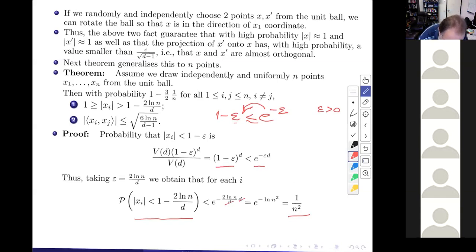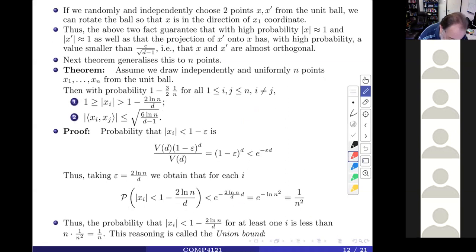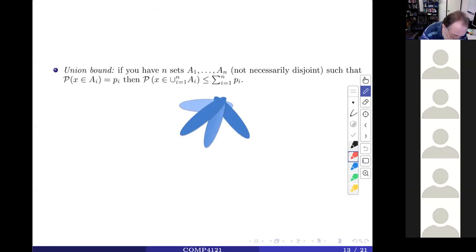This is called the union bound. Let me show you. What does the union bound tell us? So if this is a bunch of events, right? This is one event, that's another event, and so forth, and they might be overlapping. If they're disjoint, then of course the probability of the union is equal to the sum of probabilities. But if they overlap, then clearly the probability to belong to the union is smaller or equal than the sum of the probabilities, because they partly overlap, which reduces the measure